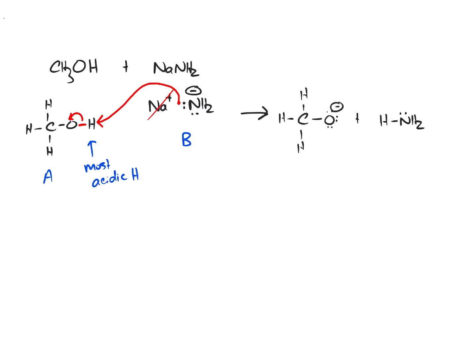Okay, so now we have our conjugate base and our conjugate acid. Okay, if you wonder what happens to the sodium after the reaction, it'll float over and kind of hang out